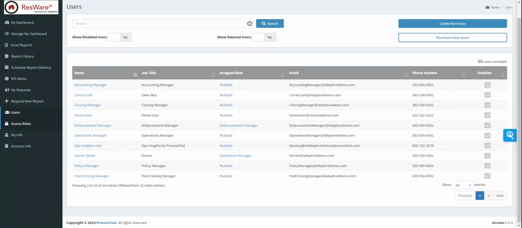And an external user is any user that works with your company in some fashion, whether that's an abstract vendor, a notary vendor, anything along those lines, a client, perhaps an investor. So it's some firm, individual, or entity that works with your company, but they're not employed by your company. And it's important that we make that designation because external users are not going to have as many features as an internal user would. So external users can essentially see their dashboard,